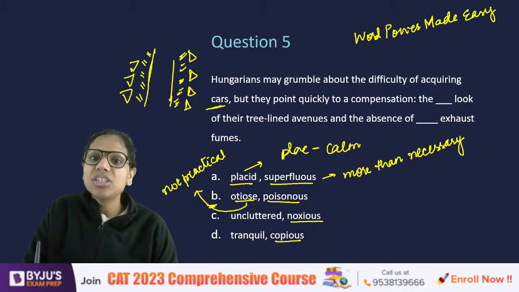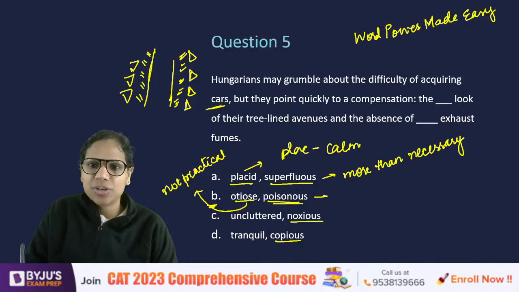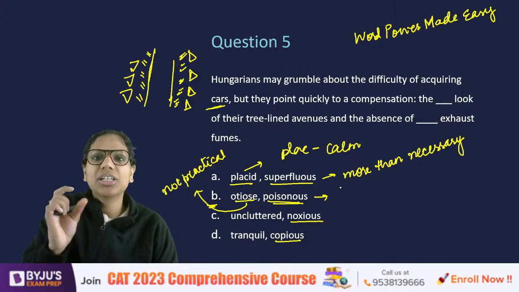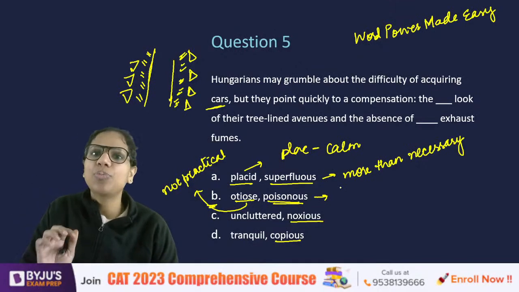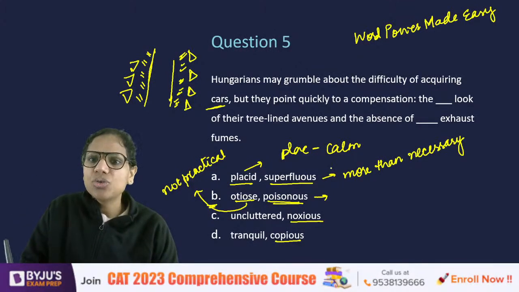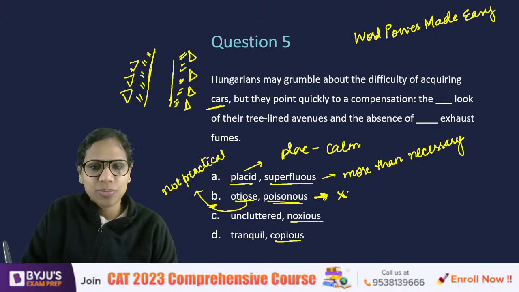Right? Poisonous means when people die from something that is in the nature of a poison, that's when we call it poisonous. Okay, so poisonous exhaust fumes, are these exhaust fumes outrightly poisonous? I don't think so. Ask people who are in Delhi or from Delhi, right? So no, eliminate.